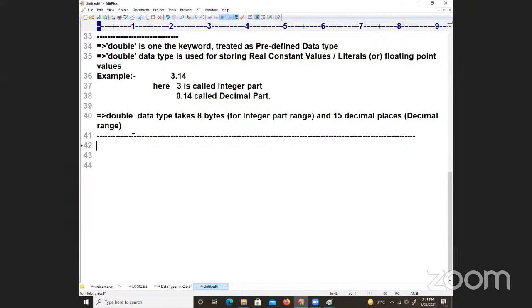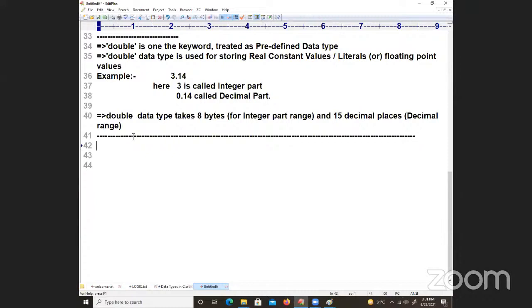Fine. Now, how many data types are there? What data types did we learn? Just tell me. Int data type, float data type, double data type. Int data type is used to store which data? Integer data or integral data or whole data, which does not contain any decimal places.